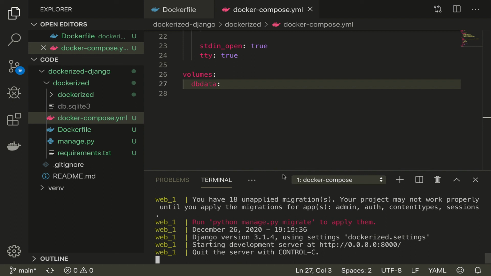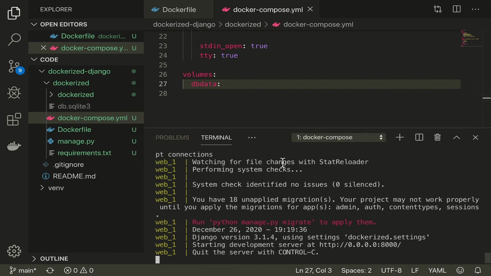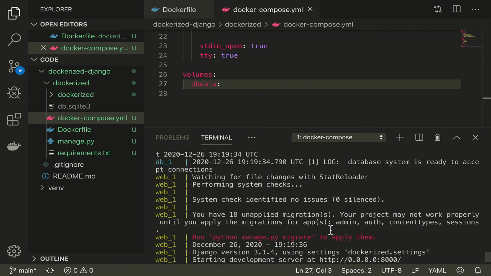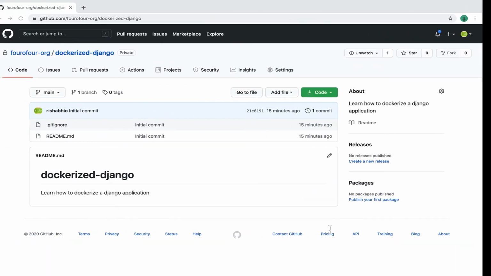Great. So as we can see, the container has been built. There are 18 unapplied migrations which we have not applied, but the application is running on port 8000, and since we connected port 8000 of our local machine with this Docker container, let's just try to run this application in our browser.